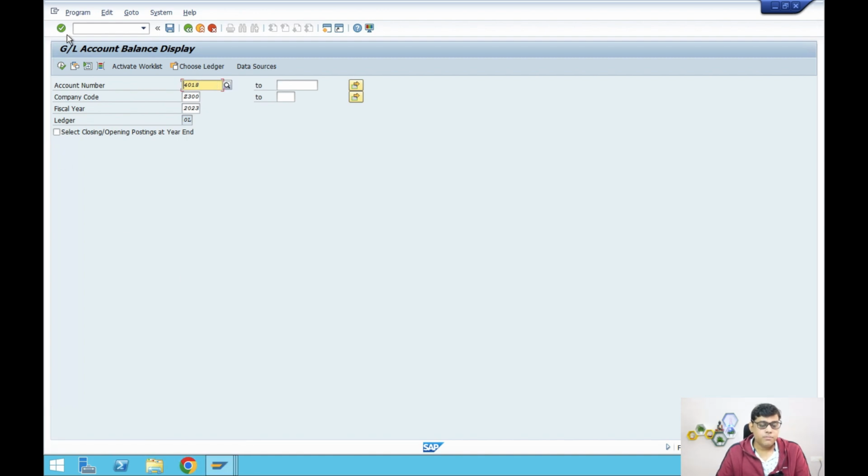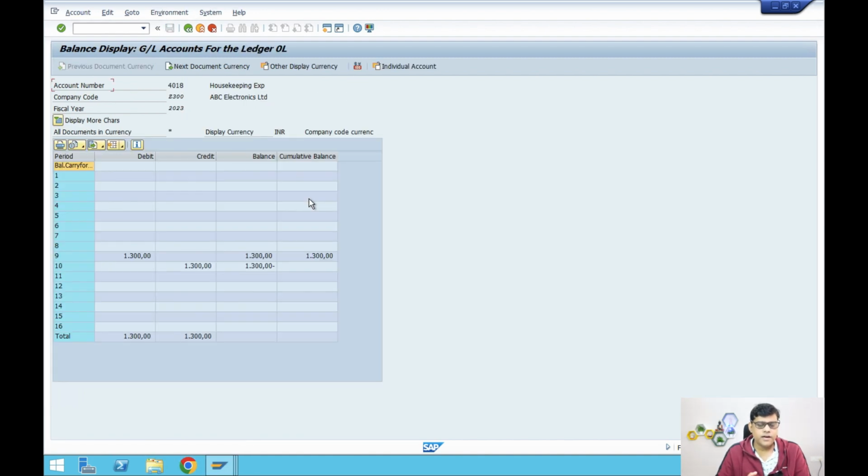Now you can see here the debited 4018 entry is your debit of 1300, and it is credited with your accrual entry. Now this entry is credited, so that is why you can see the balance is showing in your actual expenditure, 1300, but the accrual entry is reversed, right?